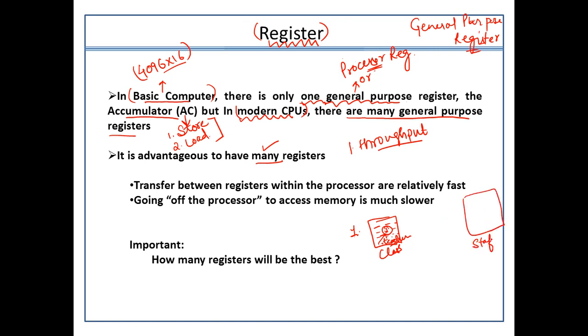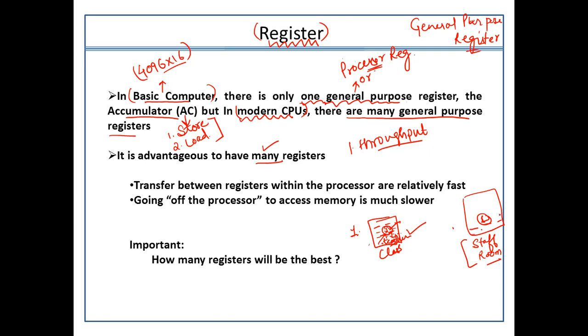is sitting in the staff room or the restroom, wherever it is, right? And now the teacher wants this particular student to talk. So which is the most convenient method? When the data source is lying nearby you. My point is this: don't focus on the example I have taken, it is just a random thing. My point is that if the data or the register is lying nearby the CPU, then it will be easy for me to work on it and to pass on the instructions.